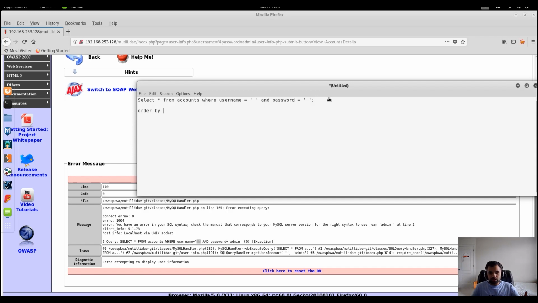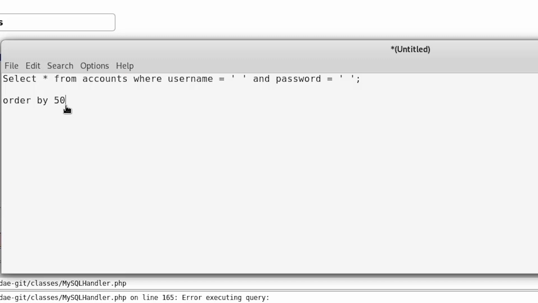We'll guess, for example, that the accounts table has 50 columns, and if our guess is true, it's going to give you maybe some results, and if it's false it should give us the error message, right?